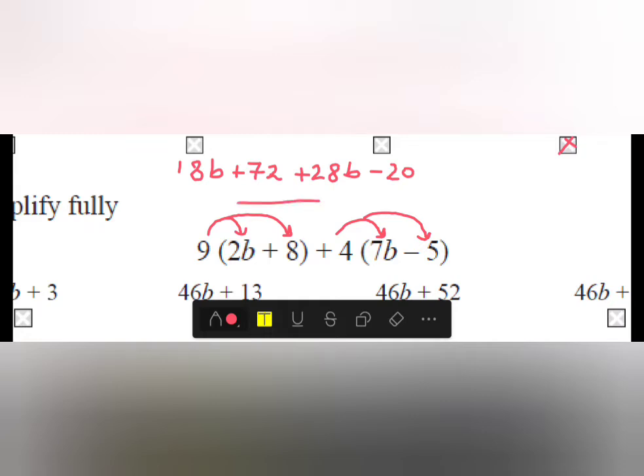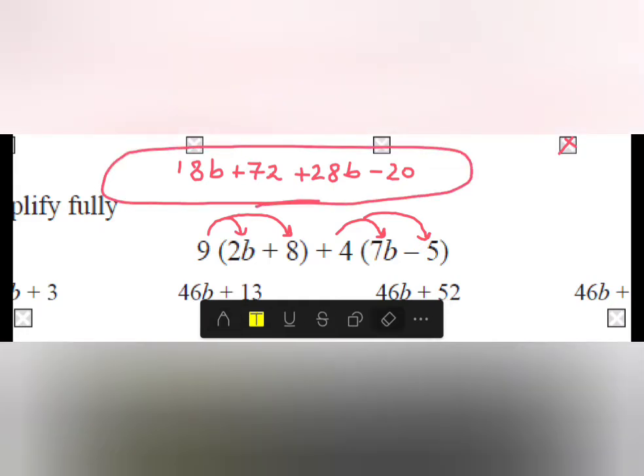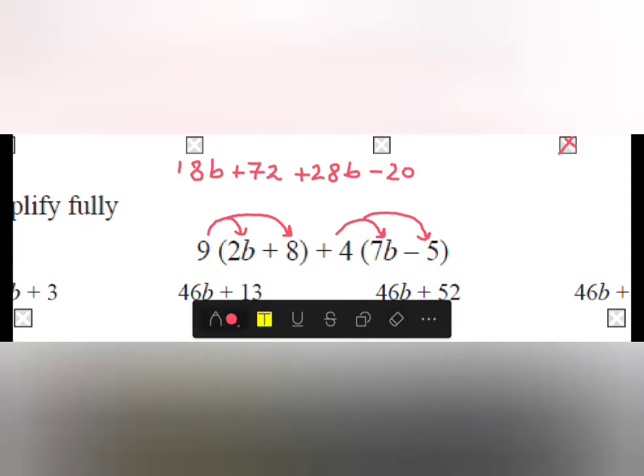Now, we take a look at this expression. We need to simplify it more. How do we simplify it? By adding the like terms. Now, the like terms here, we have 18b, and then we have plus 28b. We're supposed to add them together because they have the same signs. So 18b plus 28b equals what? Very good. 8 plus 8 is 16, so it's 46. Good job. So we have 46b,